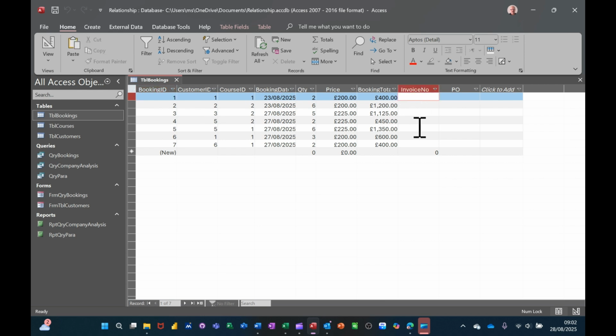I'll just go 101 for that one. So there's an invoice number, and that was customer 1. Customer 1's down here as well. I'll go 101 as well. You see why you need to not type loads of data in